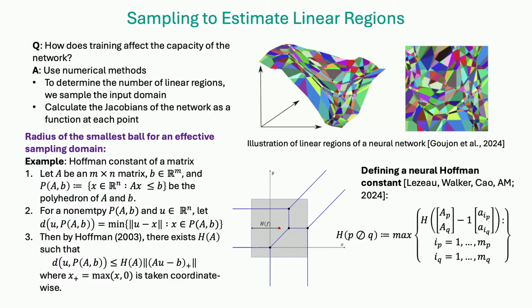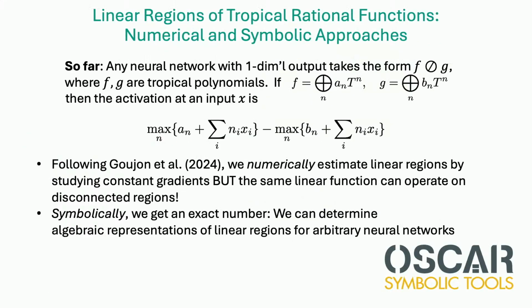Essentially, if you're doing sampling to estimate the number of linear regions, sampling in terms of statistics is an expensive procedure. Ideally you would like to sample a lot, so you have a lot of information about your input space, but you also don't want to sample too much because it can be expensive. So the question we asked is whether you can reduce the number of samples you need while still giving some guarantees about coverage. And it turns out that you can do this.